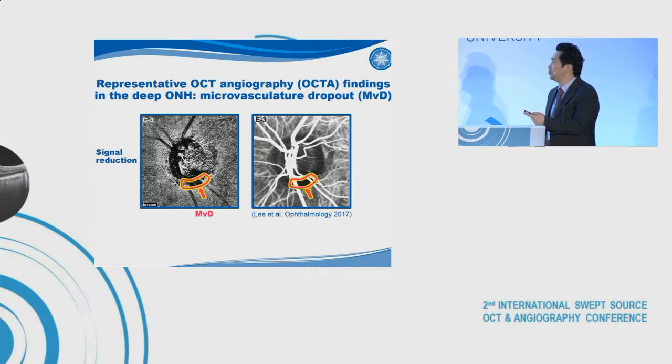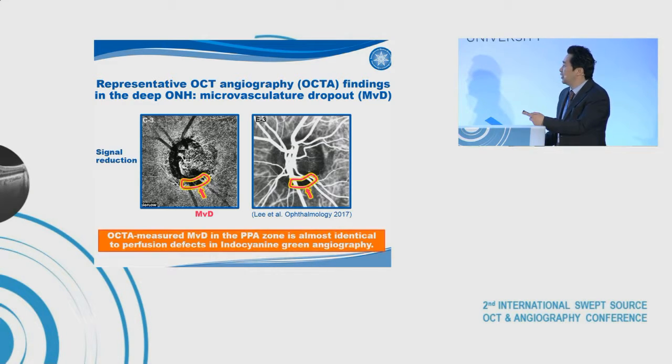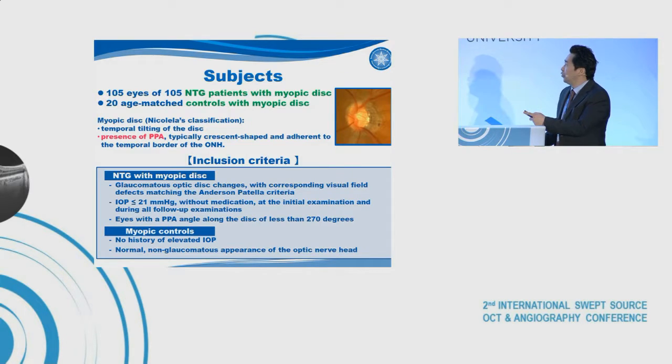Recently, OCT angiography clearly showed, as the Korean group already published, the choroid layer, and we found in the peripapillary atrophy zone the microvasculature dropout area, which is often associated with the presence of glaucoma. So the MvD measured by OCT in the PPA zone is almost identical to the perfusion defect in indocyanine green angiography. So we performed